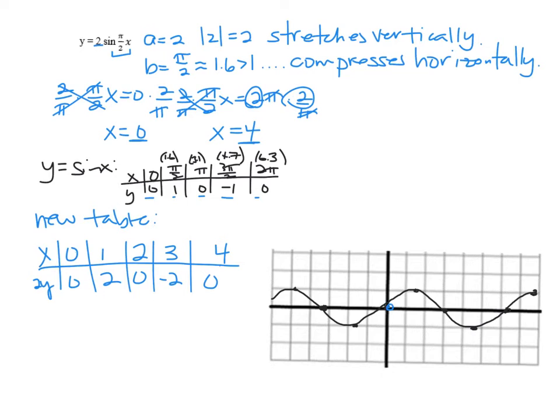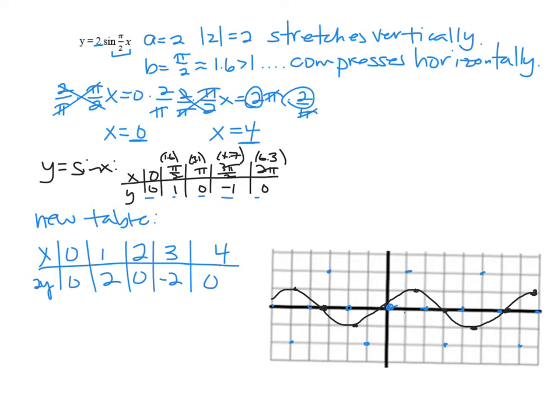So 0, 0 is going to match up. At 1, we're at 2. At 2, we're at 0. And then down in negative 2, back up to 0. This is actually going to be really easy to complete this pattern. If we go in the other direction, from 0, we're going to go down to negative 2, back up to 0, like so. If we connect these points, now our graph is going to stretch vertically, so it's going to